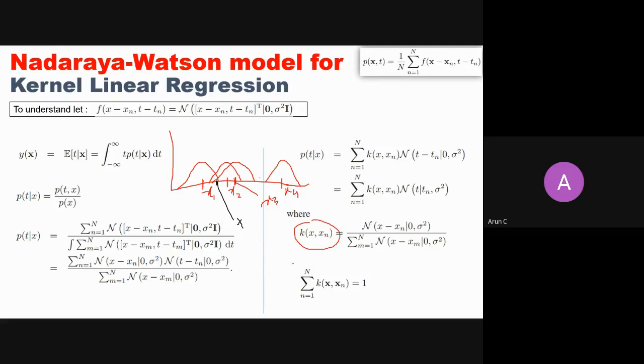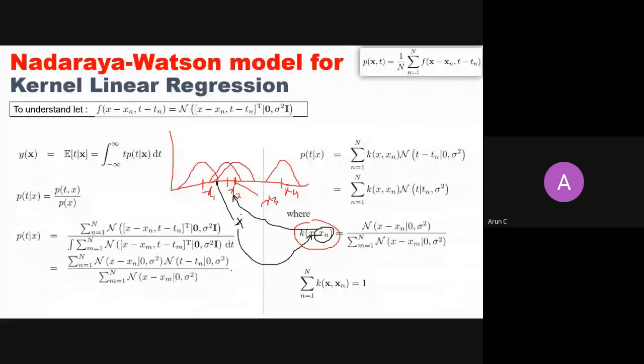With respect to a particular x, right? So let's say this is where you want to predict. This is your x where you want to predict, and you want to decide a weight of every sample for this x. So let's say I take this weight first with respect to x2. What is the weight I should give to this unseen x with respect to x2?